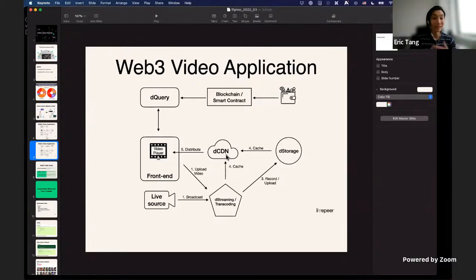We have decentralized CDNs even that are starting to pop up, and then we have the blockchain kind of replacing the database as the storage of the user information, and then we have a decentralized query layer, right? It could be The Graph, or in this case, Lens protocol actually has a query backend for application developers. And as developers, we can continue to build these applications in the front end.